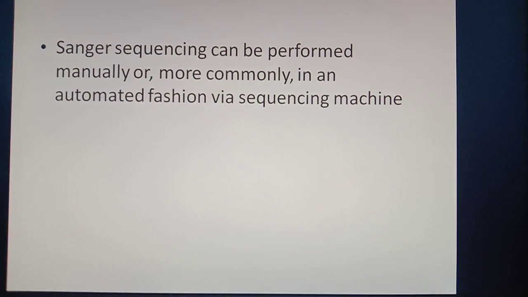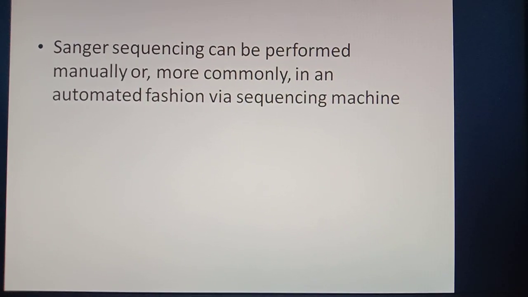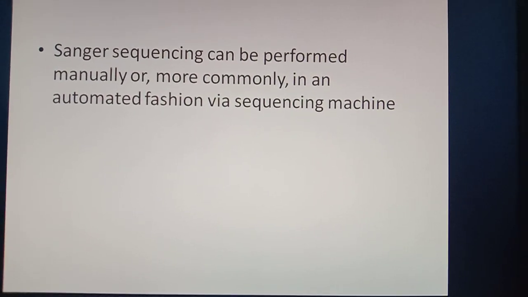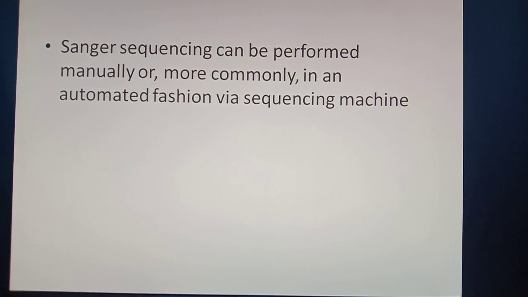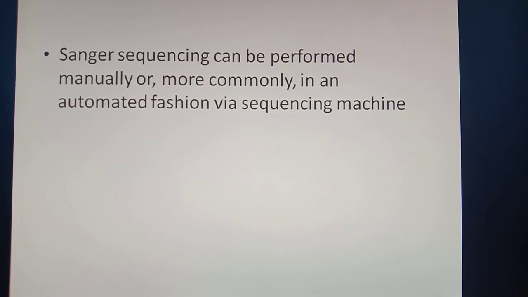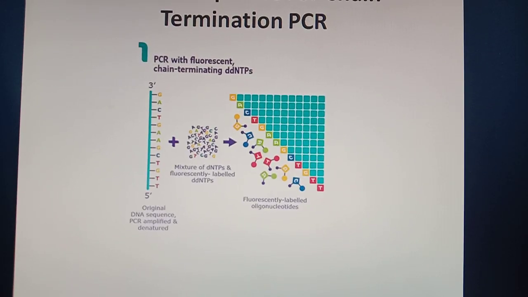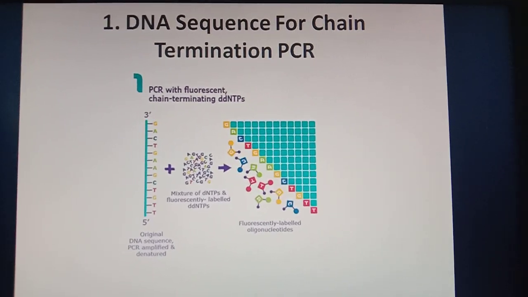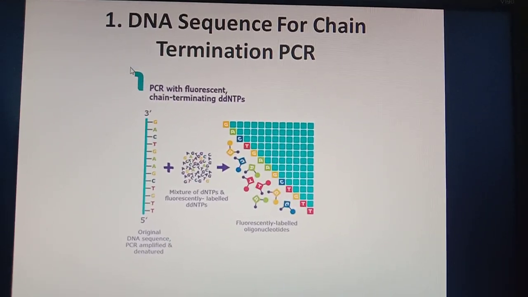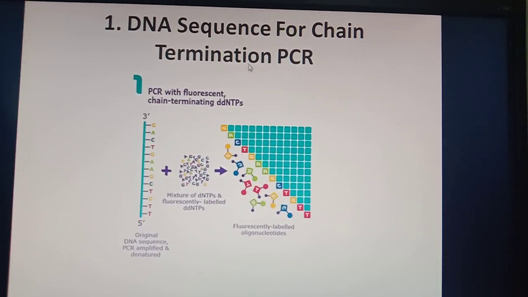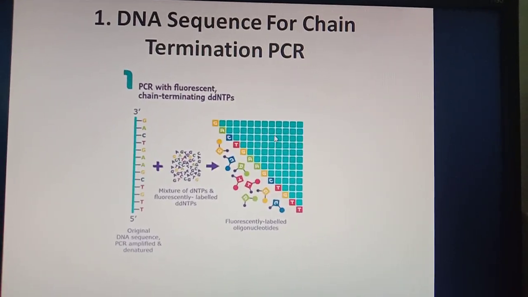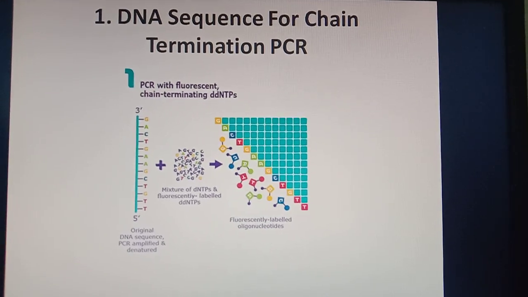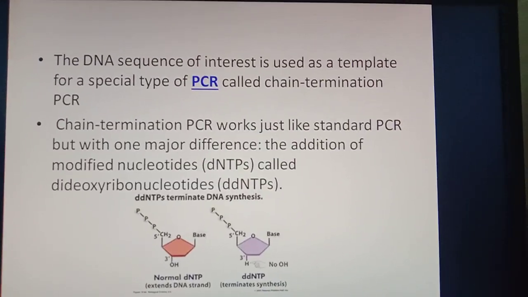Sanger's sequencing technique can be performed manually or it can be automated in a sequencer machine. Now nobody is going for manual sequencing, everybody is going through the automated sequencer. The sequencing method has three steps. The first one is DNA sequence termination using PCR. In the first step, PCR is performed, and in the PCR step, what happens here